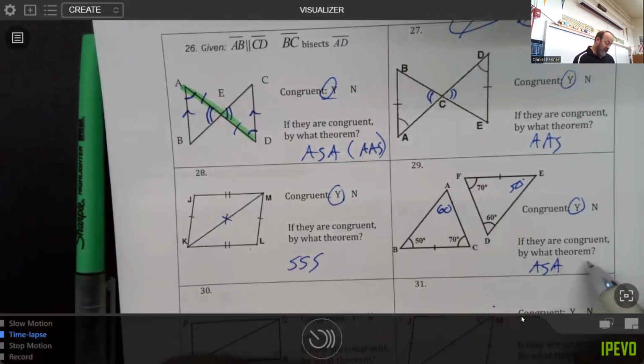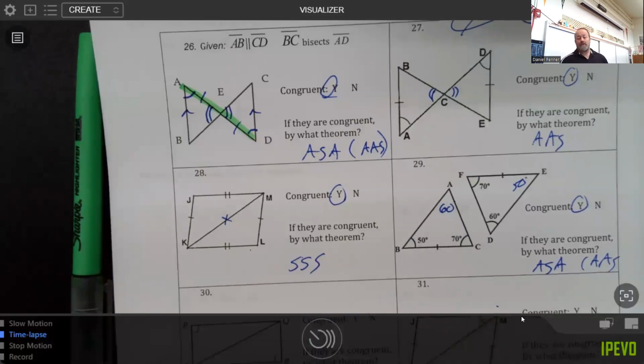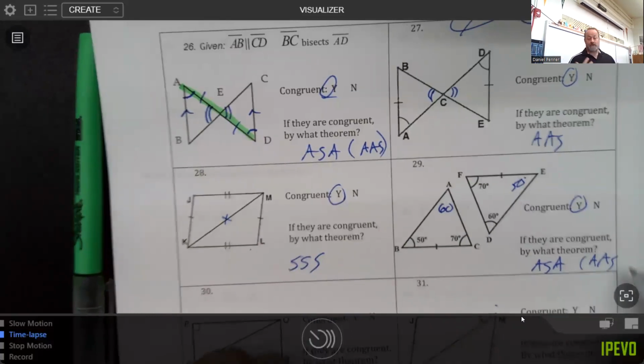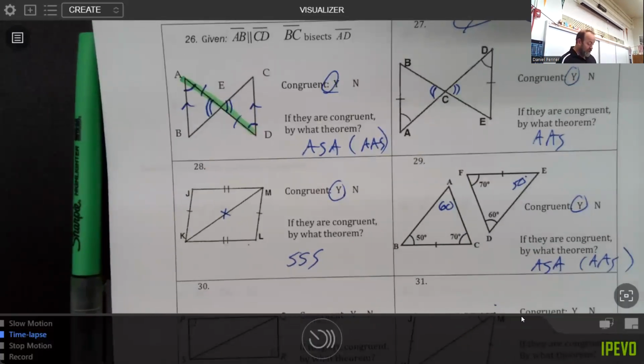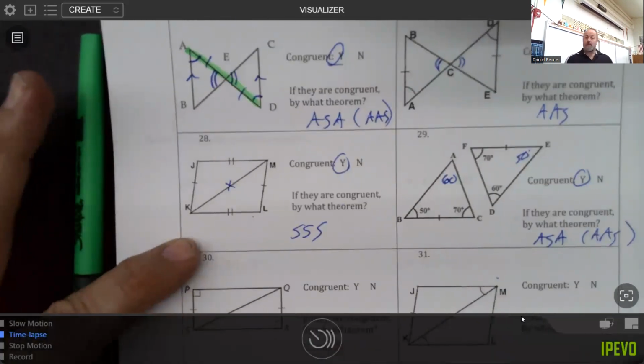Or you could use AAS if you use, let's say, the 60 and the 50 and the side off to the, those would both be true. I personally prefer ASA. And I think that's where I have to stop this one at number 29